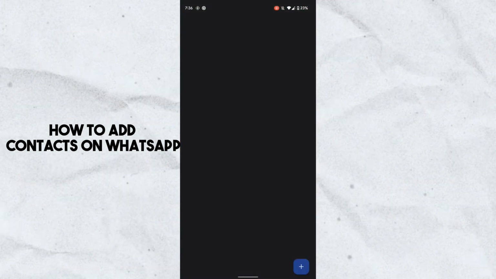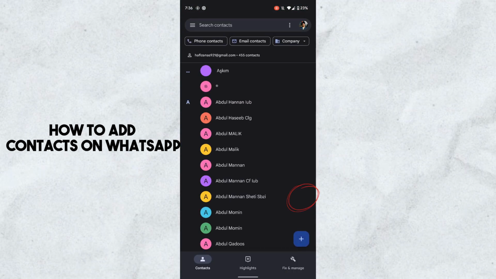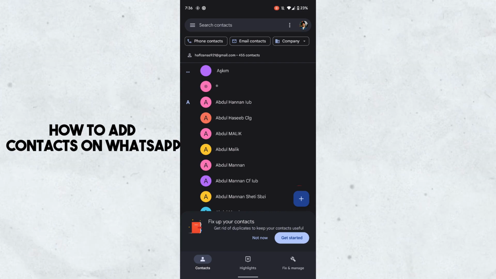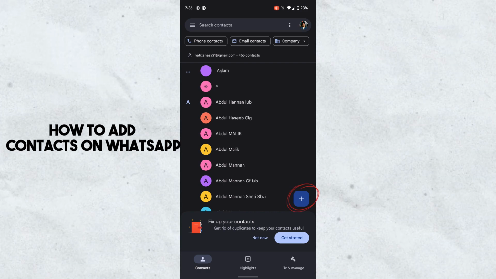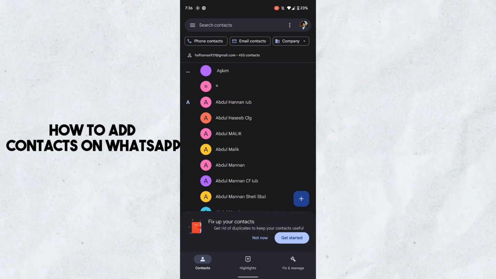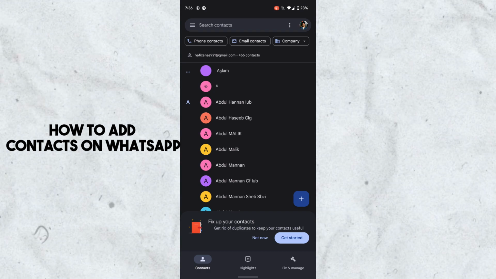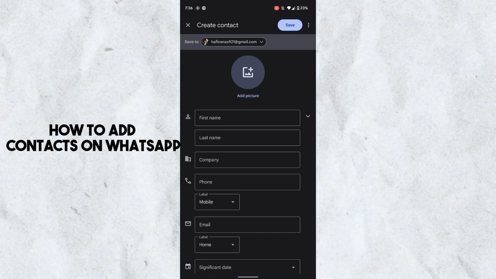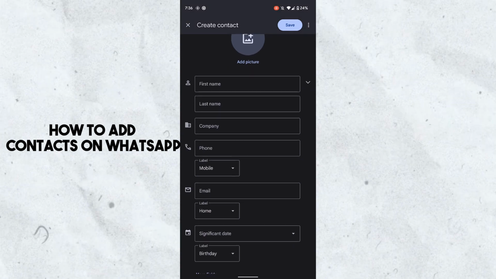After opening up your contacts, simply tap on the plus button or tap on add contact from anywhere on the screen of your mobile phone. It's based upon your mobile phone. So you just have to add contact, and here what you have to do is